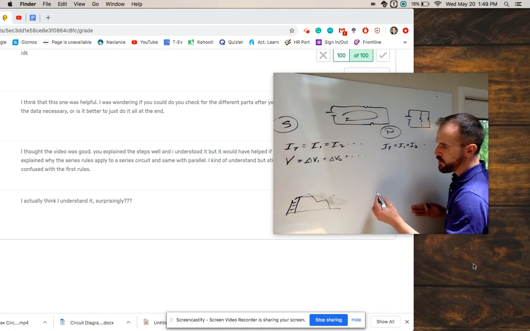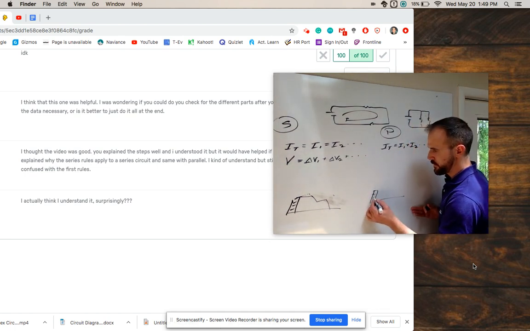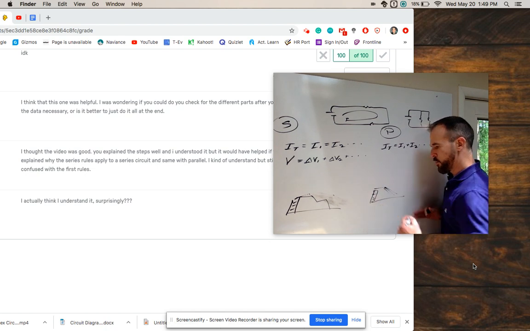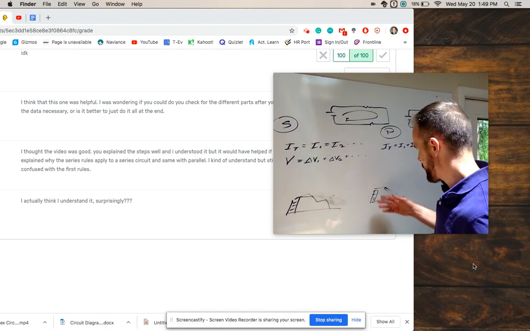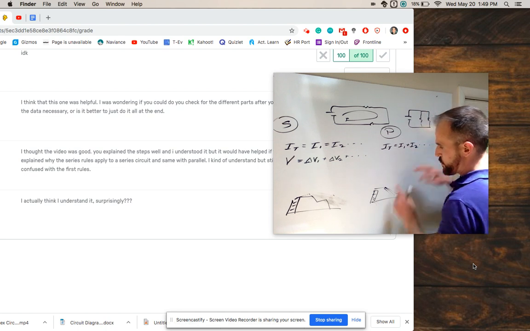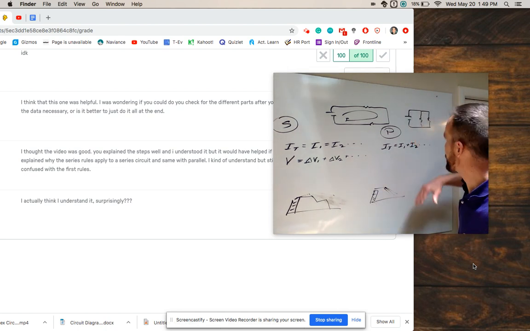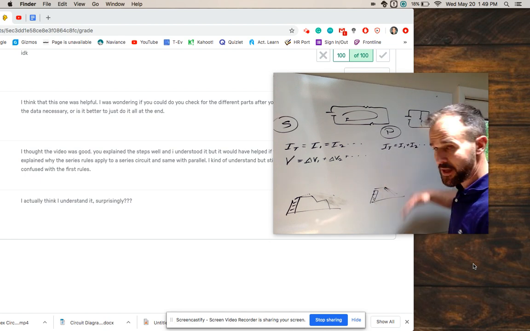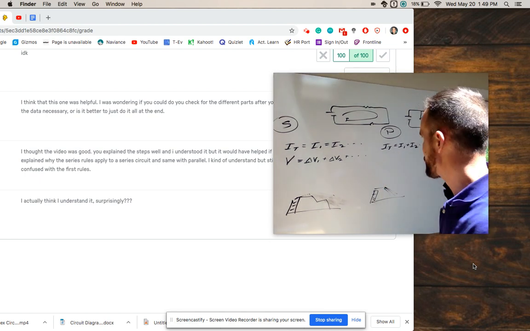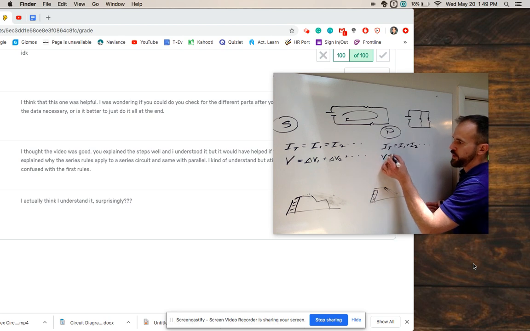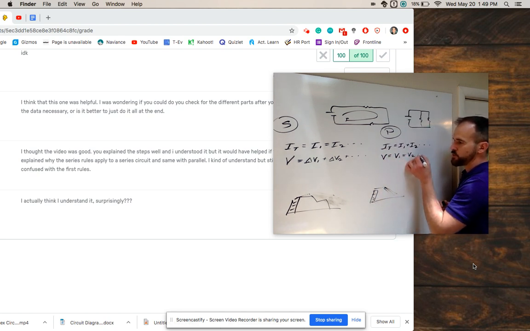What's going on with parallel is it's sort of like there are multiple slides. Everyone gets the battery's full potential. Everyone gets lifted up to that energy level, if you will, and then they all drop through that same potential drop. So that's why we say the voltage in parallel equals, wherever it is at location 1, is the same at location 2,